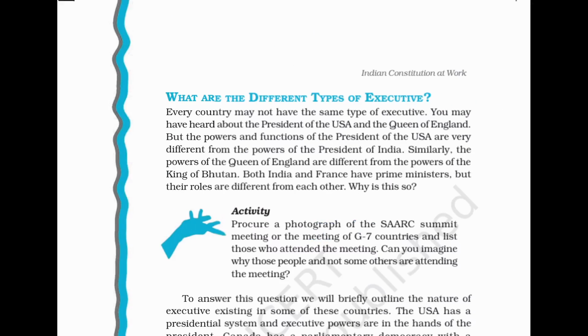ठीक है, therefore they are not permanent. So now we have to understand about the different kinds of executive, because every country has a different kind of system. ठीक है, they will not have the same kind of executive. For example, US में you would have heard about president, England में you would have heard about the queen. ठीक है, although kind of the powers and the functions जो है, let's say even if we say president also,